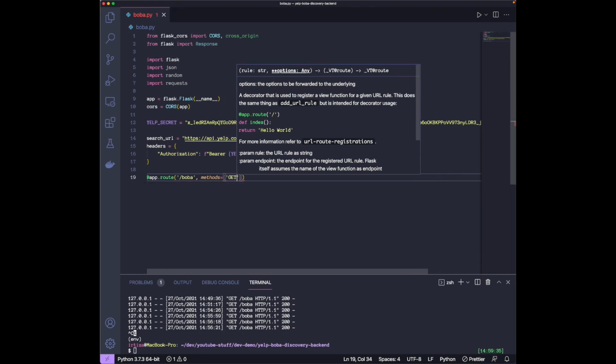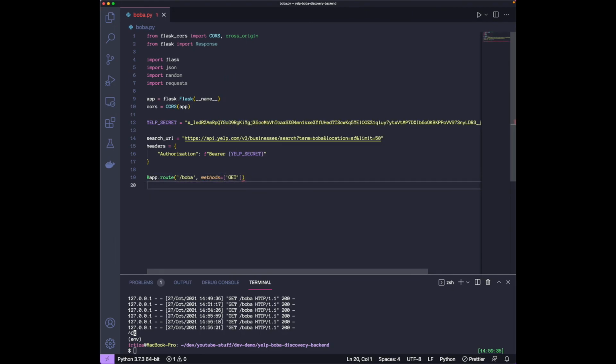GET, there you go. So this is a GET endpoint called /boba, and then we are going to enable cross origin, which is going to let us make the request across domains. Let's just give the function a name. Let's just call it get_boba. Okay, so the first thing is, we're going to call this endpoint and then get the list of 50